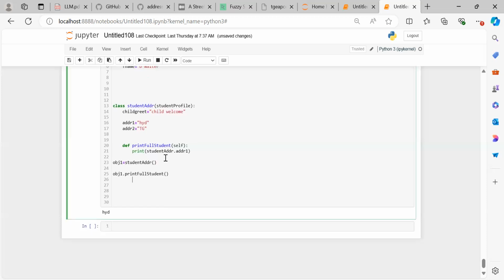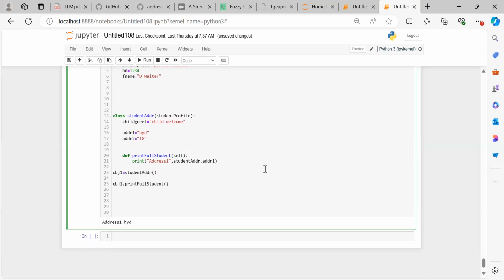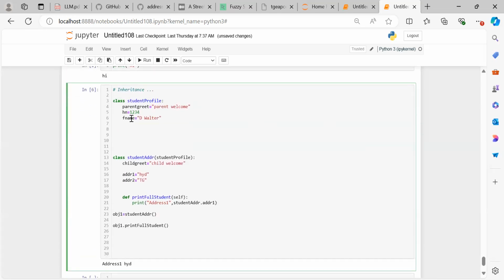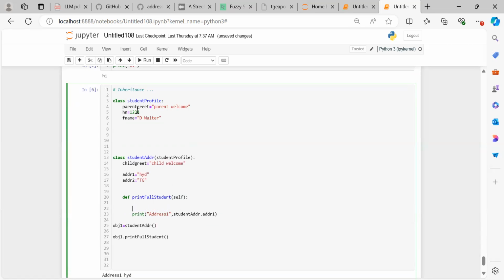Now you can see address. So just notice the class is having the base information, address details. I have given only address here, but I want to print full student detail. So address is anyway in this class, I am directly using it. But what additionally I need is this information also, which is there in student profile. So I can say,